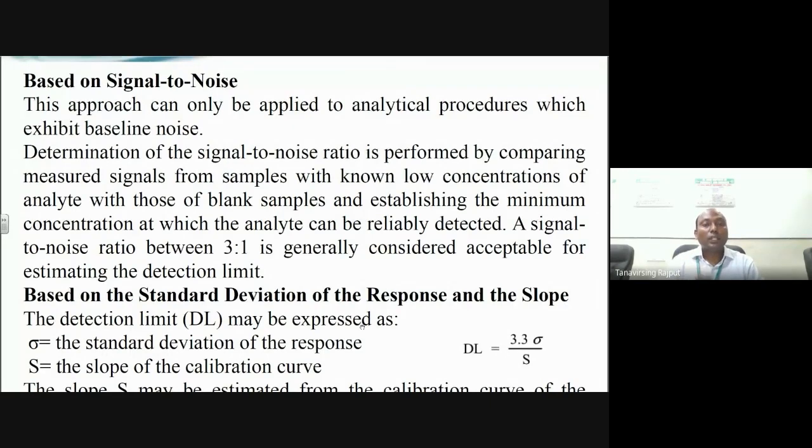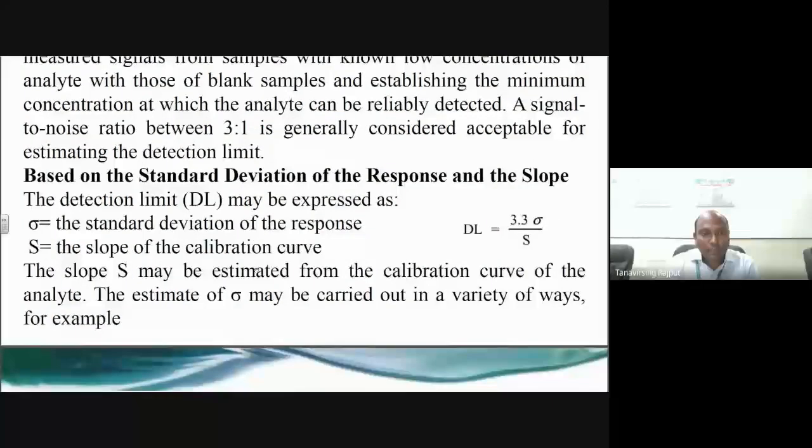The signal to noise ratio approach is applicable only for analytical procedures which show baseline noise. It is specifically applied for our high performance liquid chromatographic studies, which show baseline noise. Then how to find out the LOD value with the help of that signal to noise approach? For that purpose, we find the lowest concentration at which we get a signal to noise ratio of 3:1. For better understanding,